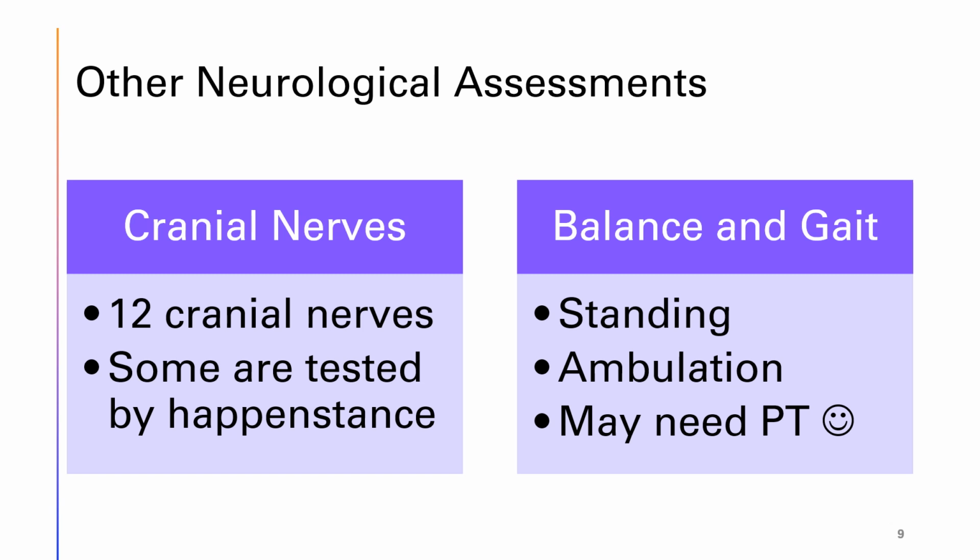If needed, we may need to do more in-depth neurological testing, like checking cranial nerves. These are not common to our normal nursing assessment, so they would be above and beyond our normal. If we needed to check cranial nerves, we are assessing all 12 of them. This PowerPoint would be way too long if I described how to assess them all, so please refer to your book and the cranial nerve assessment video in your LWW Nursing Skills ebook.